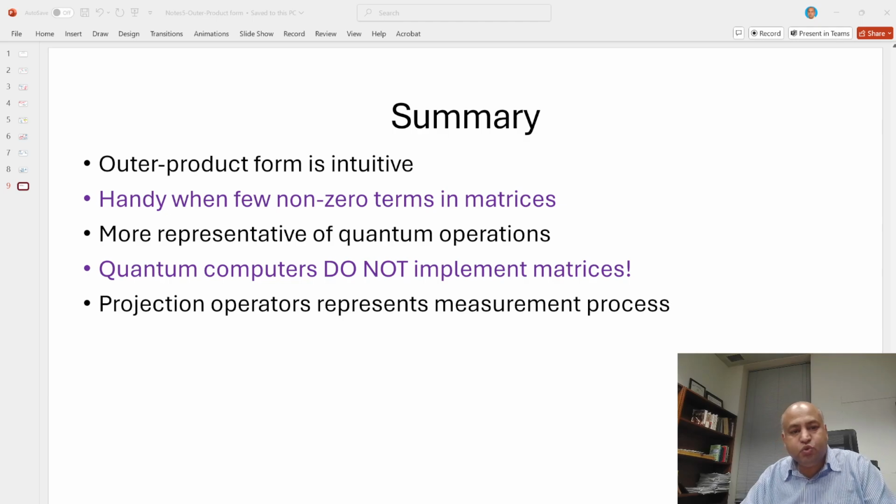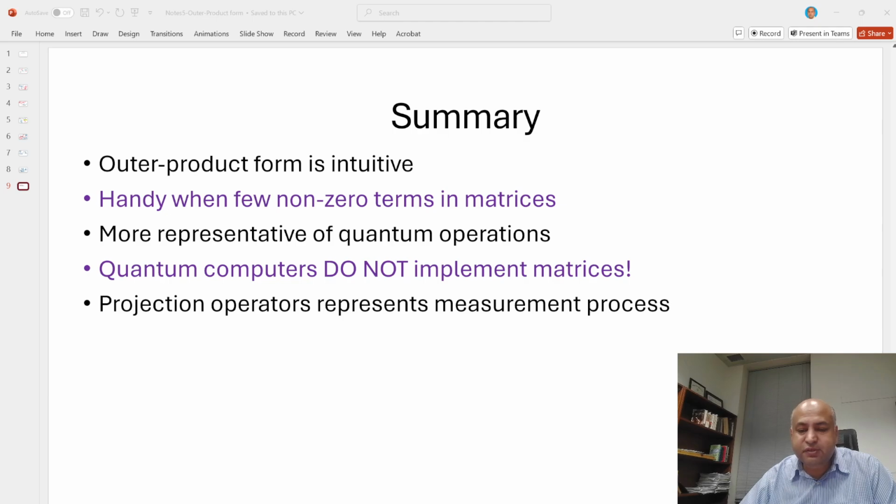And just to summarize, outer product form is intuitive because given the truth table of the operator, we can directly write the outer product form, and it's very handy as well, especially when there are few non-zero terms. For example, for a two-qubit operator we have a matrix with 16 terms, but for the control X operator, there are only 4 non-zero terms. So in the outer product form, there are few non-zero terms. But I think even a better reason is that